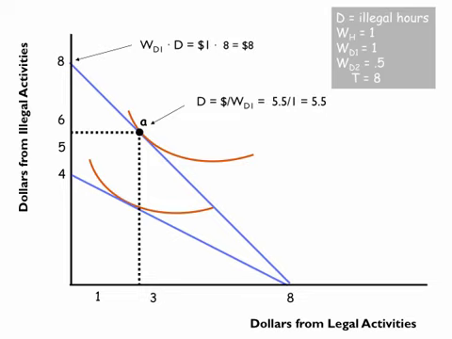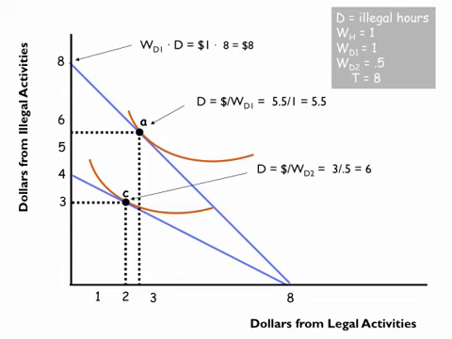Now that clearly is going to reduce his indifference curve, so he's going to be unhappier, and it's based on the indifference curve I gave you, which is rather flat. It's at that point. At that point, the person is making $3 from illegal activities. You divide that by 0.5, and that tells you this person spends 6 hours working on illegal things. So here's the paradox: you increase crime prevention, but this person is actually working harder on illegal things.